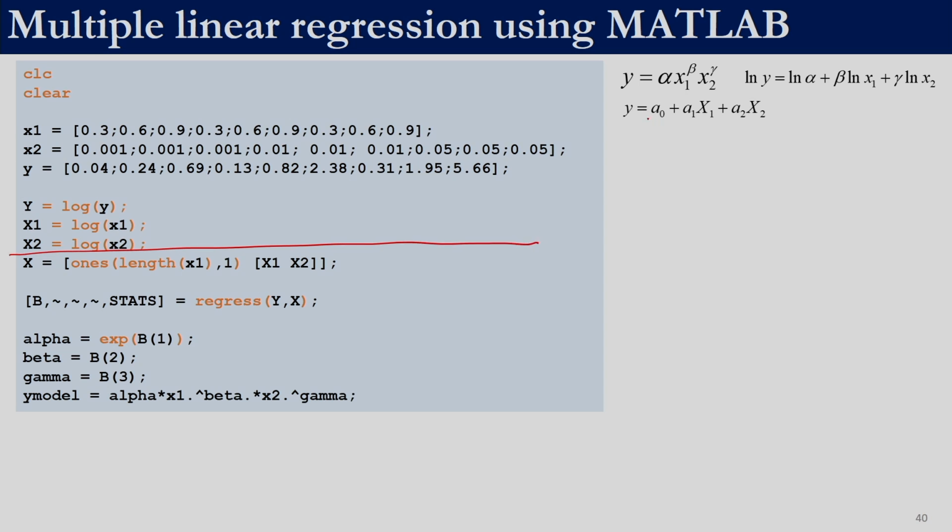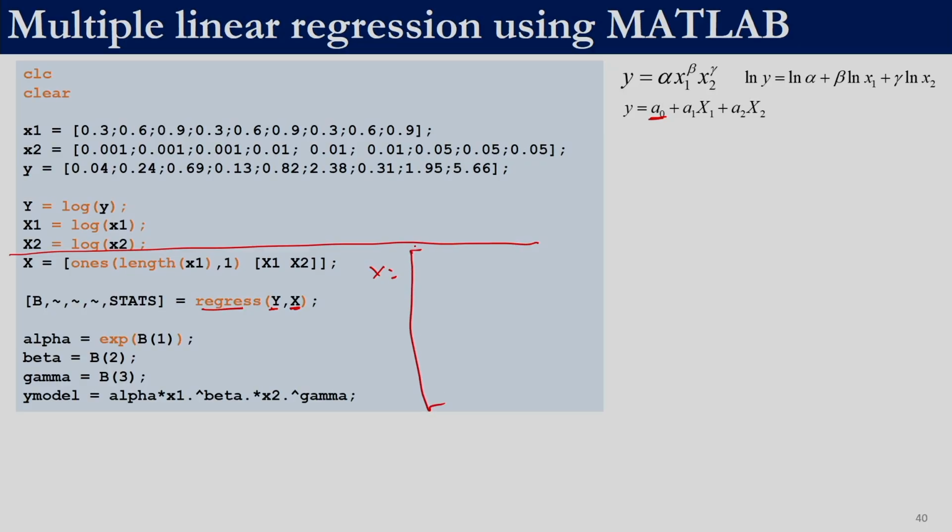So, here our model actually has a constant coefficient, and the regress function needs the dependent variable, comma, all the independent variables. It does not matter whether we have one independent variable, 2 independent variables or 100 independent variables, all of them have to be stacked. The rows are the data points, the columns are the independent variables. So, in this case what we actually want as x is, so we will define the convention. For this code the convention is